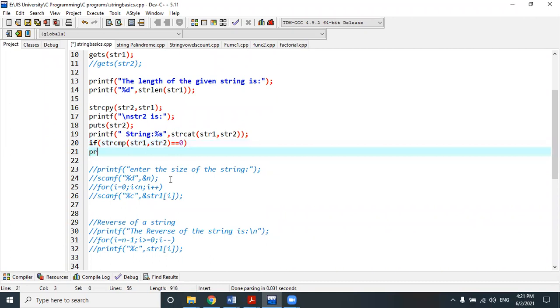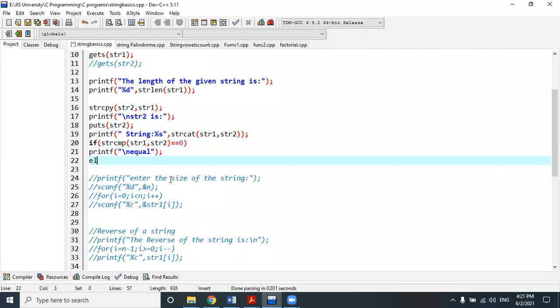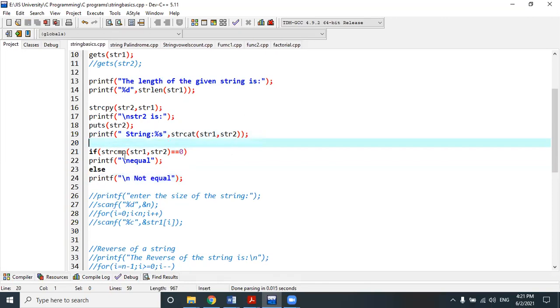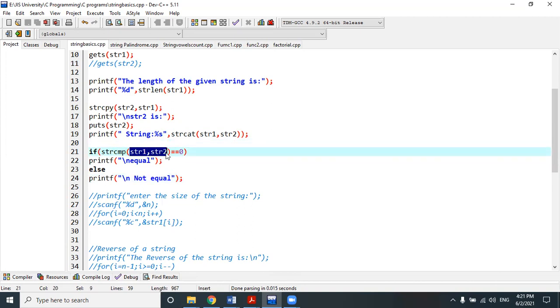If it returns 0, then we simply printf that strings are equal. Else we simply print strings are not equal. Very simple. This is a comparison of whether the two strings are equal or not.